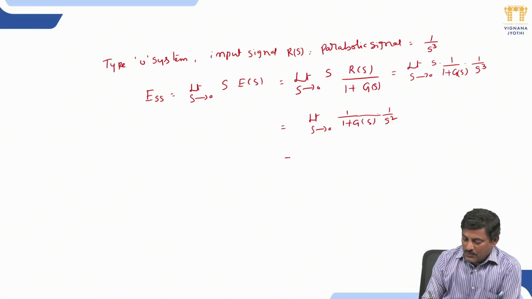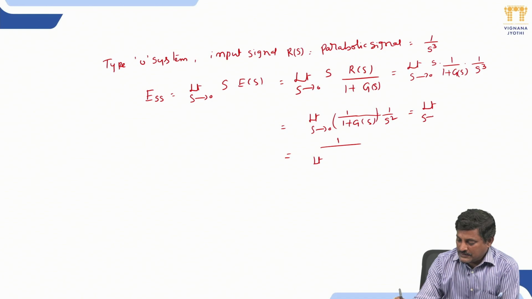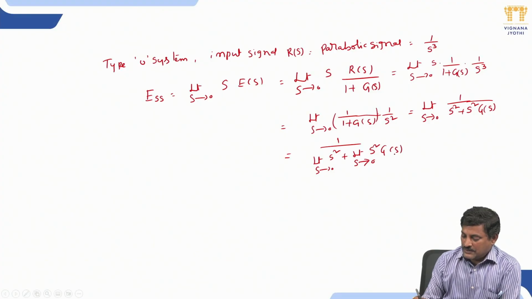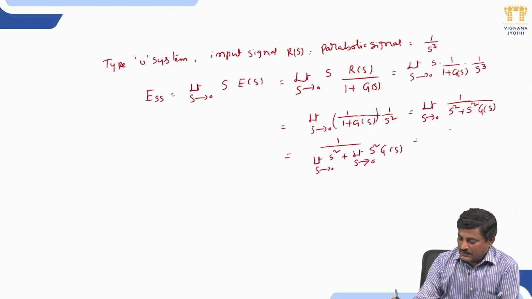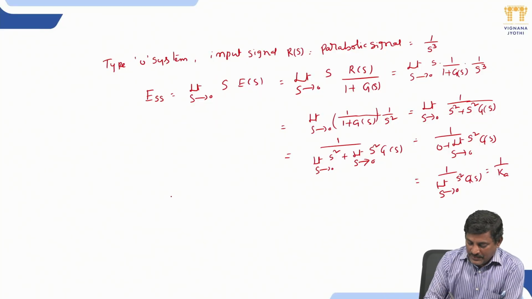Now, limit s tends to 0 of 1 by s square plus s square G of S. That is the same thing as limit s tends to 0 of s square plus limit s tends to 0 of s square into G of S. Now substitute s equal to 0, so the first term is 0 plus limit s tends to 0 of s square G of S, that is equal to 1 by Ka, where Ka